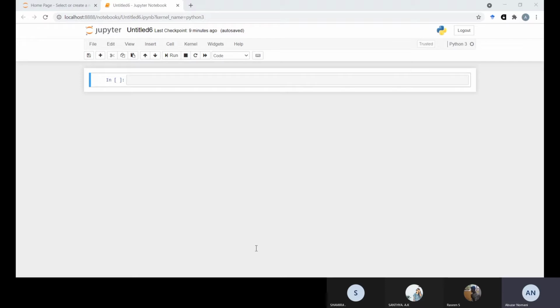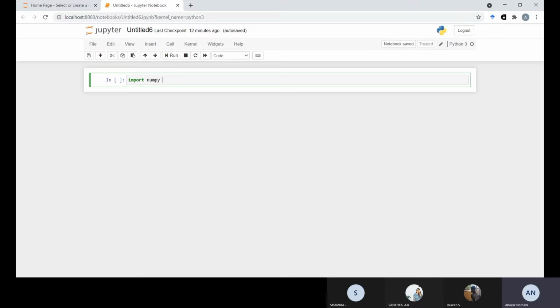Okay, so we will start with importing NumPy in Jupyter. For the NumPy import, we will type the function import numpy. As I told in the previous lecture, we can use the short form.